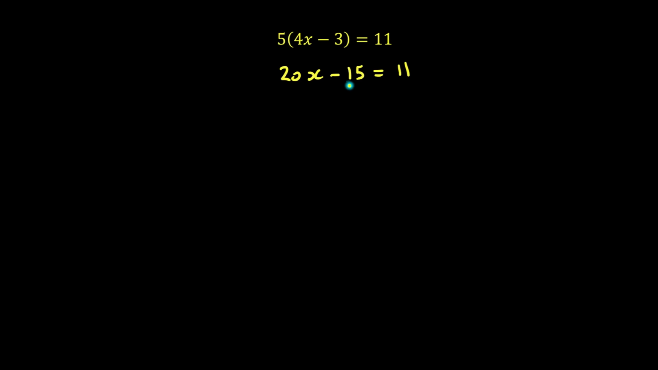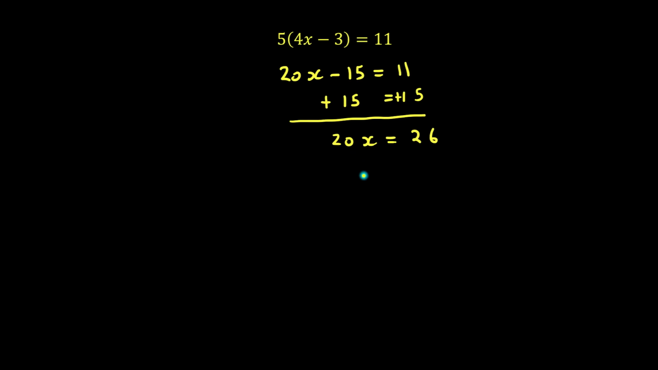Once again, we just follow the rules as normal. So what do we do? Well, 20x minus 15. So we've got minus 15 here. We need to add 15 to both sides in order to get rid of that 15 from there. So if I go ahead and do that, that would give me 20x is equal to 11 plus 15. That would give me